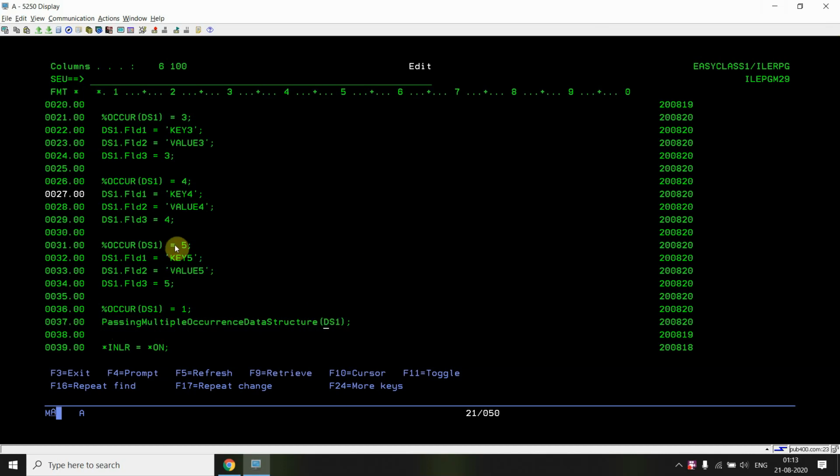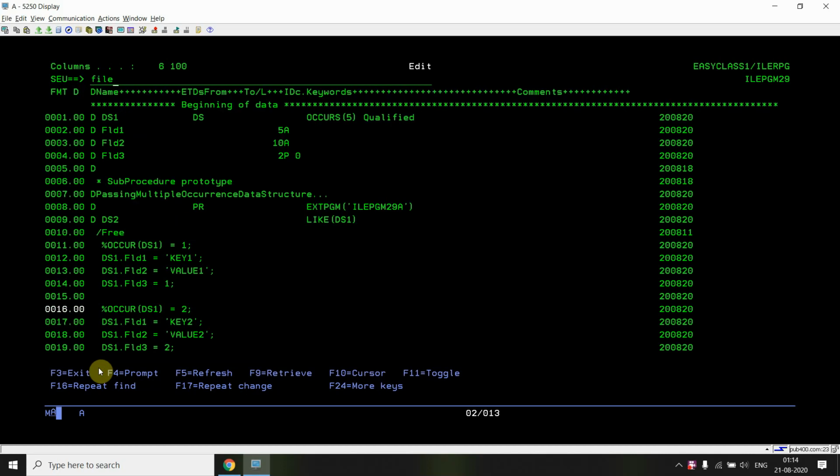The most important thing is that we need to set %OCCUR DS1 to the first position. We need to set the first occurrence, and then pass the multiple occurrence data structure, because setting the first occurrence will point to the address which stores that multiple occurrence data structure.